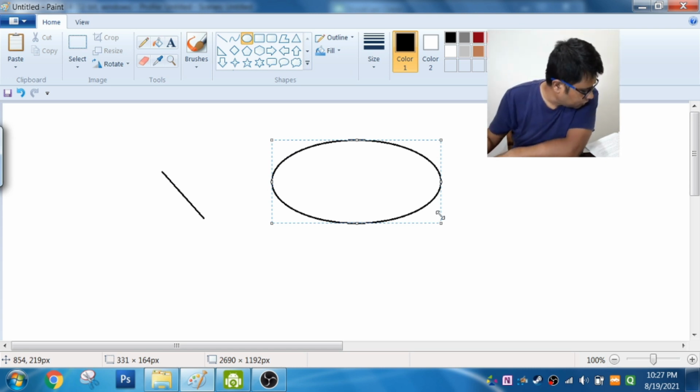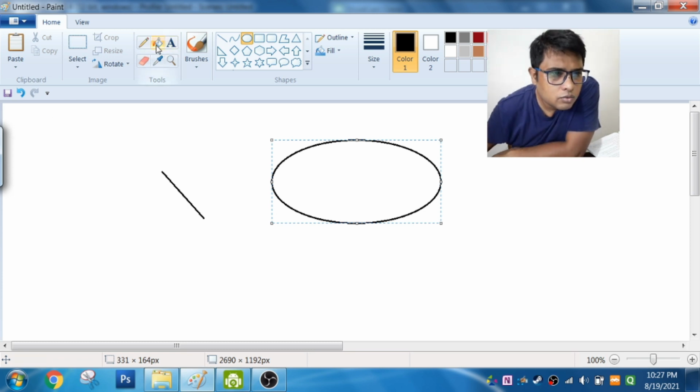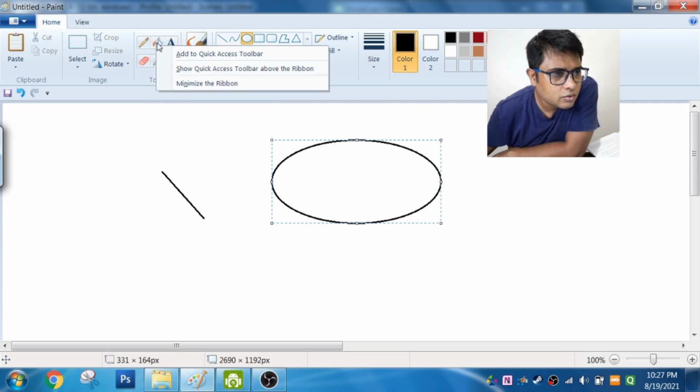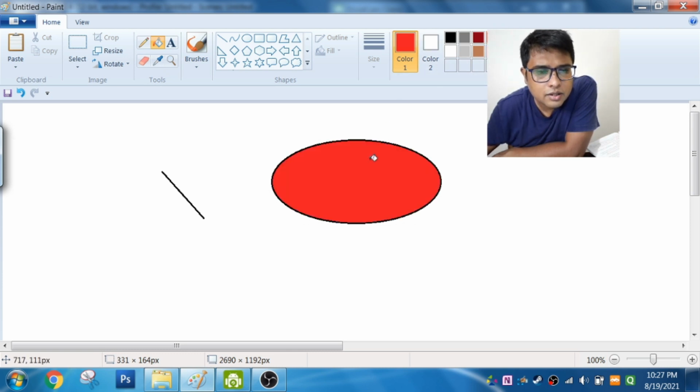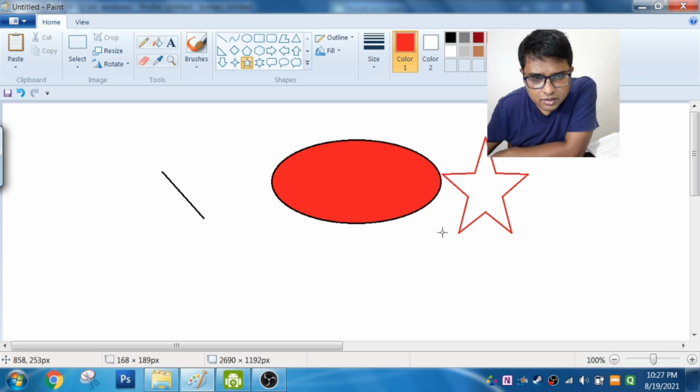Then we have the fill with color tool. If you see here, this is the fill with color tool. You click here and then choose whatever color you want. Suppose I have chosen this one, and then you just click here. The particular object will be colored with that color. I'll show you again. I'll make a star. I created a star here.